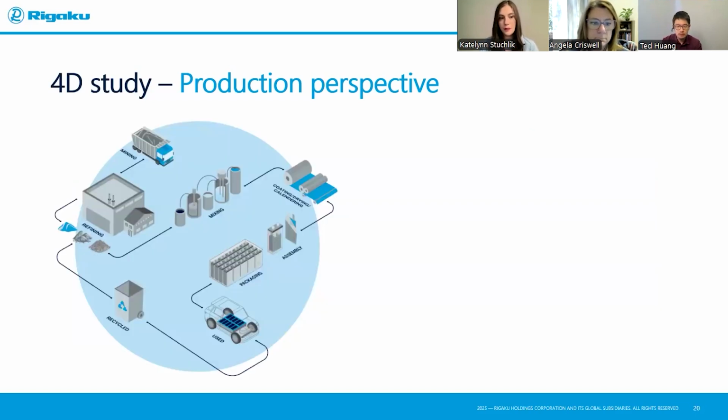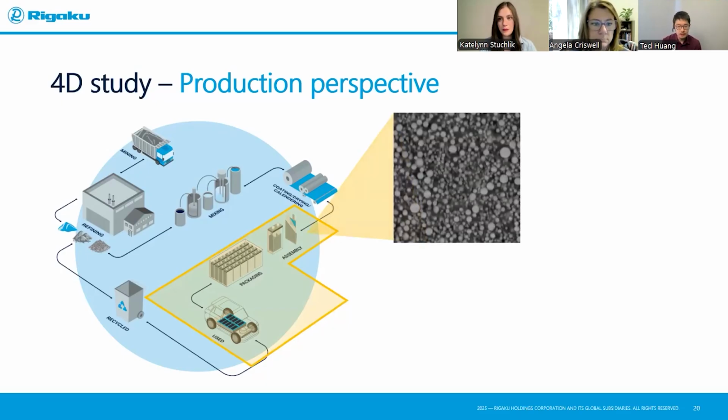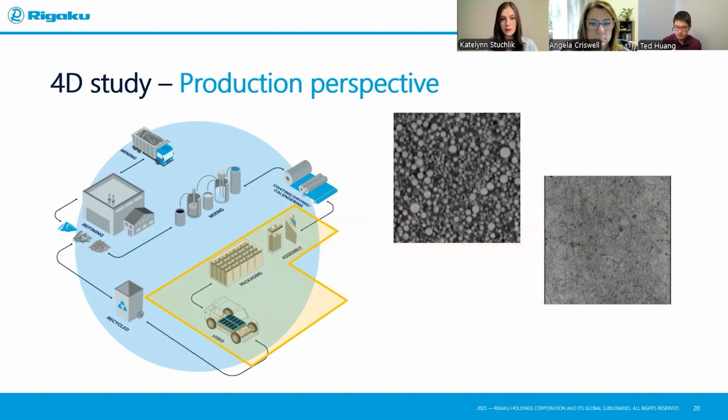So starting from the raw material, making the coating and particles onto the cathode and anode, assemble it, packaging, and then actually use it, see its capability. Let's look at this part, the assembly. Let's say you make your powders and you spray coated it onto your cathode or anode material. You can use X-ray CT to look at the particle distribution and their quality. And then you're happy with it, you put it into assembly, and then in between the separator material, you're curious